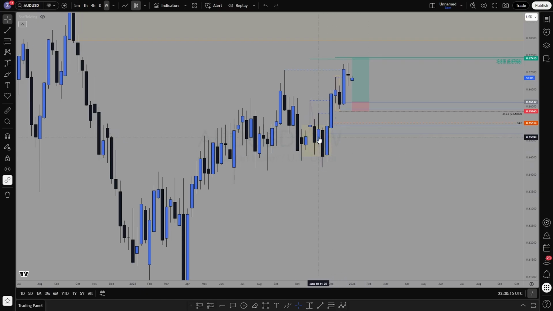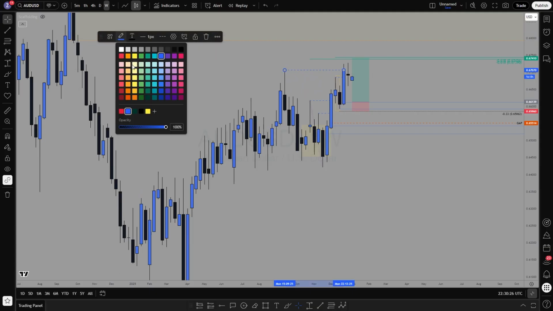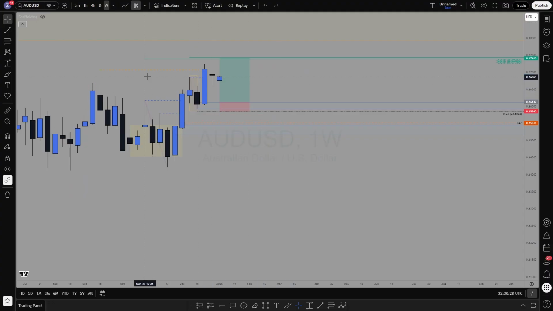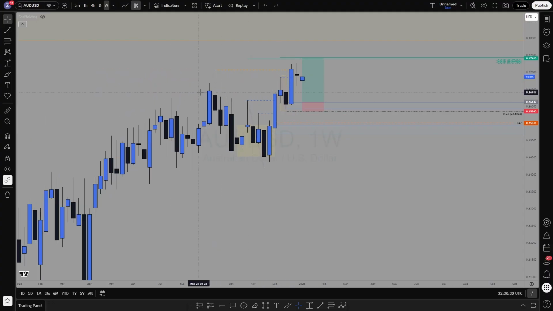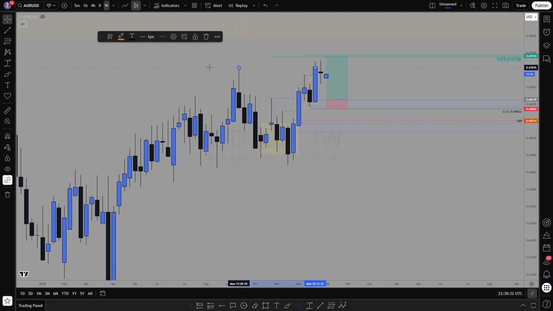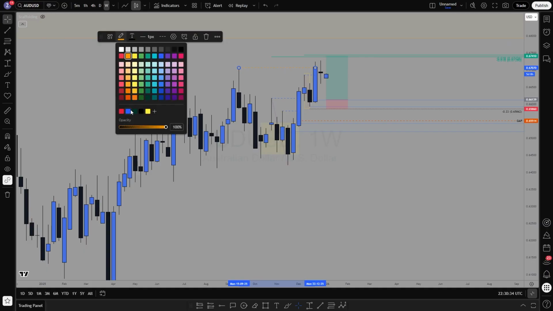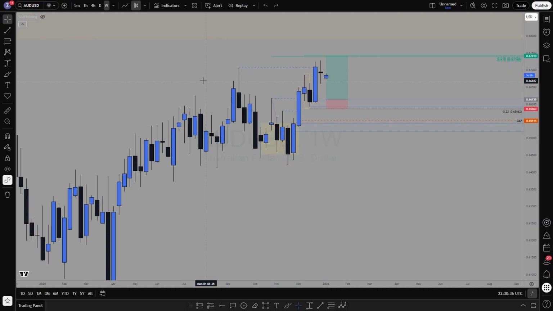1, 2, 3, 4, 5, 6, 7 candlesticks in this sort of consolidation area before we broke to the upside and cleared this wick high. If we just change the color temporarily for that orange level there, that's the wick high of a structural swing point, which is broken to the upside, so bullish. So if we go back to the